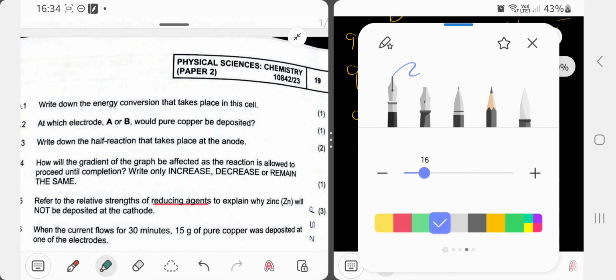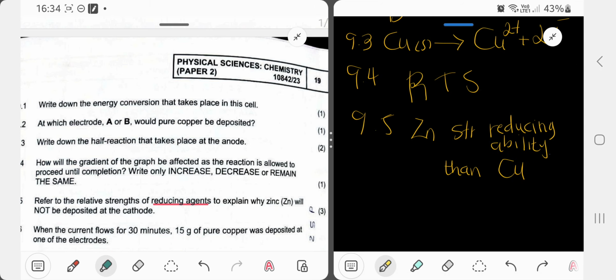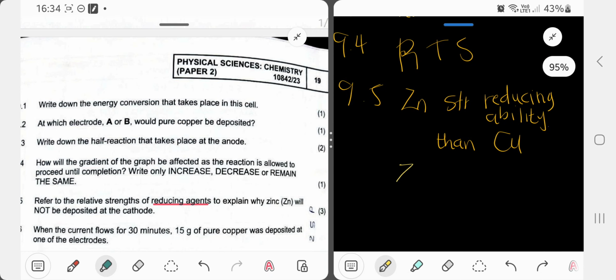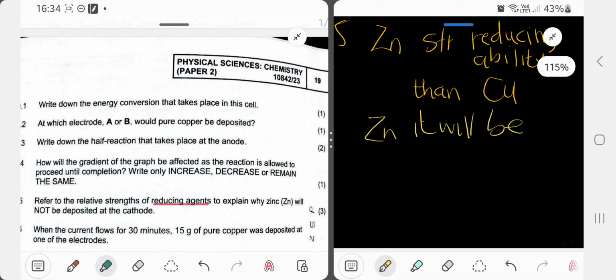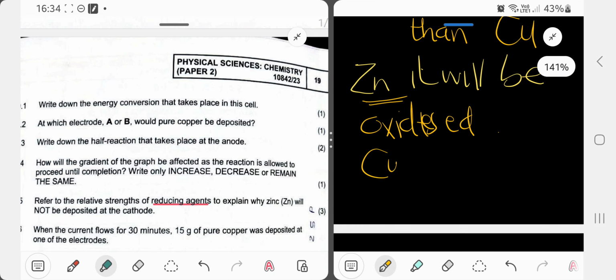So, let's resume. Zn has a stronger reducing ability, okay? So what this means to us is that Zn, since it has a stronger reducing ability, will be oxidized, right? So if Zn will be oxidized, it means that Cu is the one that is going to be reduced. Not Cu, Cu2+ is going to be reduced,